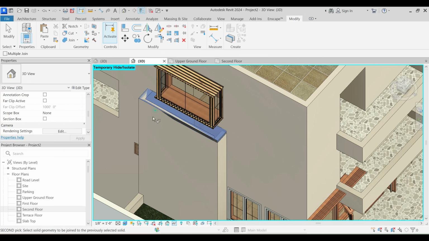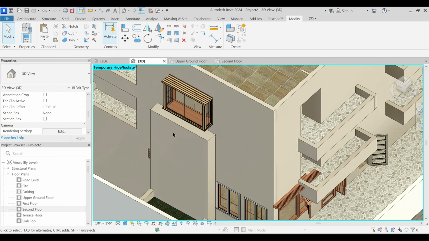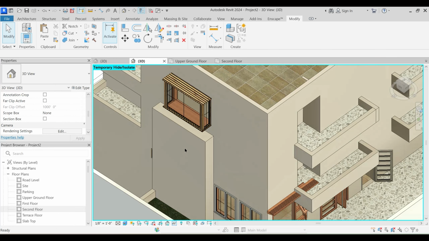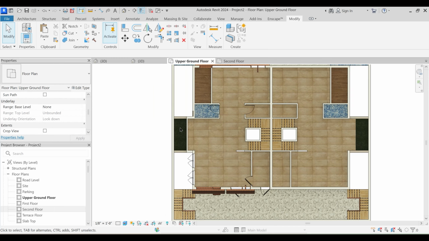1 to 2. And this to this. And finally this to this. Okay, and we have the elevation treatment. Fine. Now what we need to do is go to upper ground floor and say that